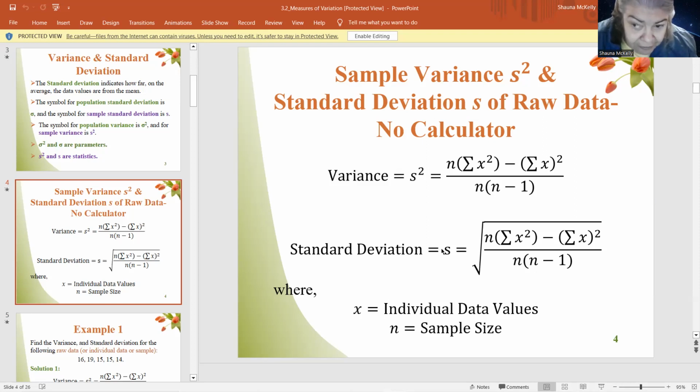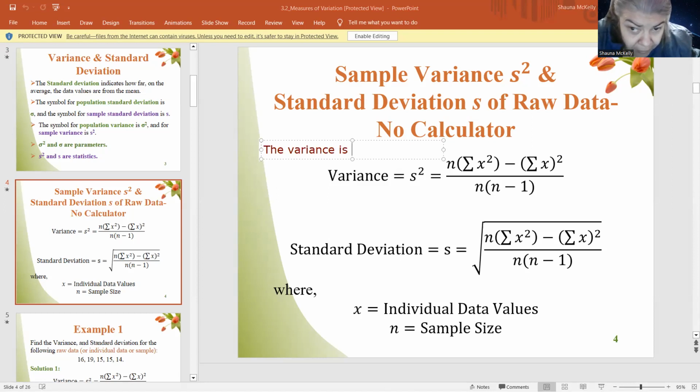The standard deviation is S. So the relationship between the standard deviation and the variance is that if it isn't clear to you from looking at it, you can say that the